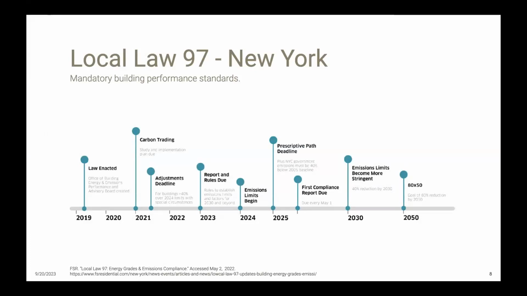A few important points to note. This law only applies to buildings greater than 25,000 square feet, and it's also taking too long. Local Law 97 was enacted in 2019, but the new greenhouse emission limits don't go into effect until 2024, and they're already talking about delaying that for another 2 years. So in the meantime, we really need architects and engineers who are working on existing buildings, especially the smaller projects that aren't covered by laws like this, to advocate for investing in upgrades to existing buildings.